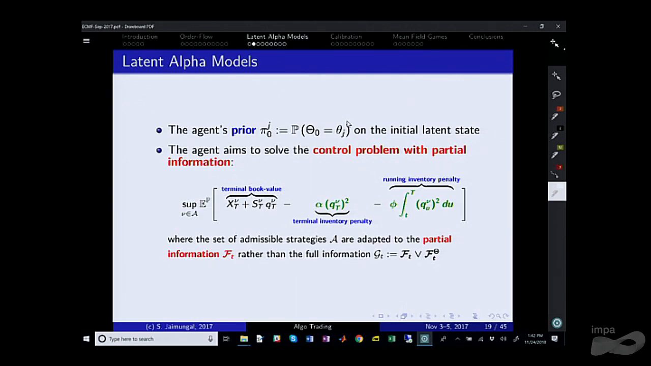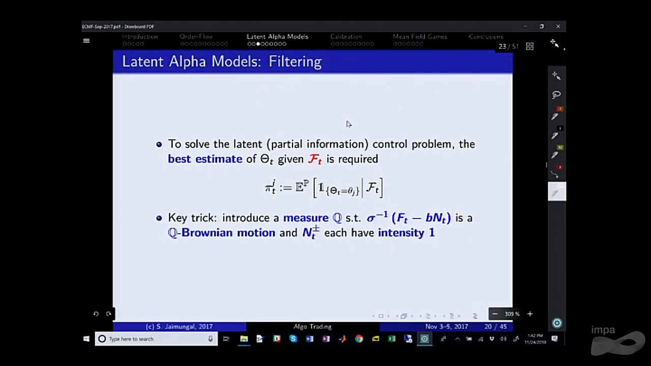Okay. So here you can think of the order flow that we discussed before as embedded into that stochastic drift A. But we don't know necessarily what regime we are in. So how do we solve this type of control problem? Well, there's a couple of things that you need to do. So remember, we're adapting ourselves to a filtration which is smaller than the filtration that is natural for the price process. Okay. So the way to do this is we need, first of all, to get an estimate of what